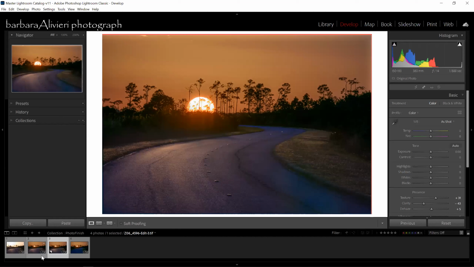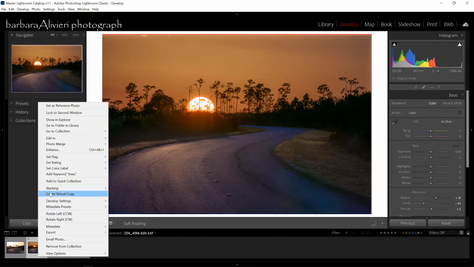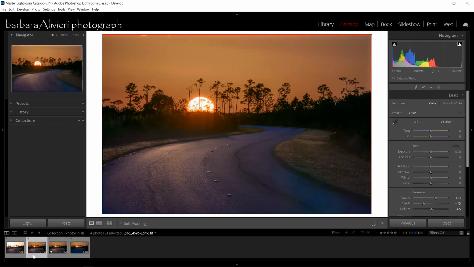Or let's say I wanted to turn it black and white. So I just created a virtual copy. You right click on the image, create virtual copy. That just makes a second copy of this. You can see the little corner flipped up here. And I can turn it black and white if I want, or turn it back to color. I can do a different edit. I can do a different process on it if I want. So there's so much you can do.